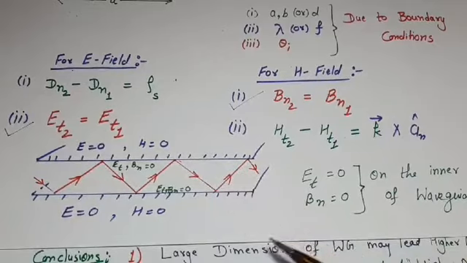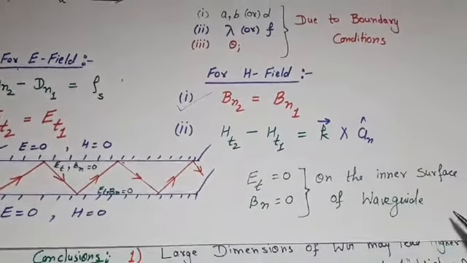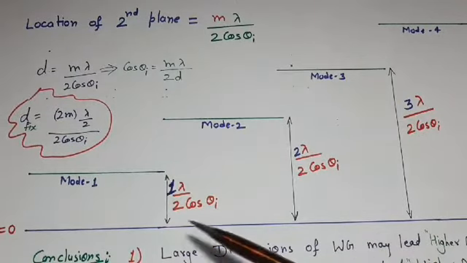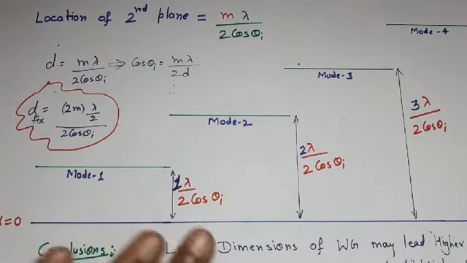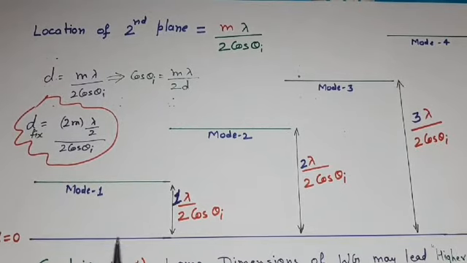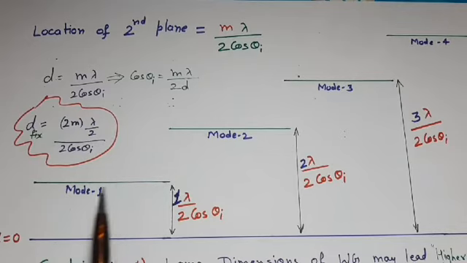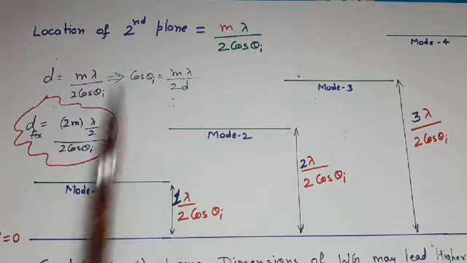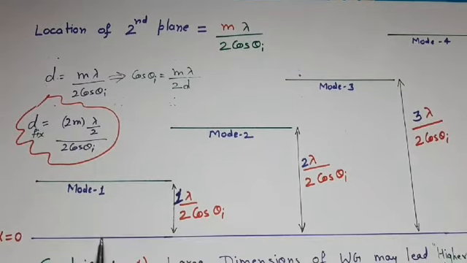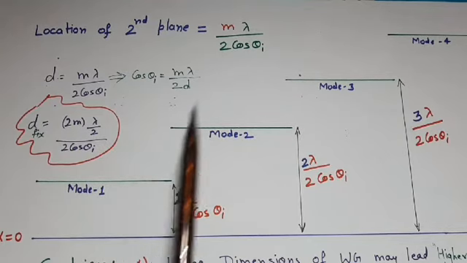Now we start analysis of parallel plane waveguide. Suppose this is the first plane which is fixed at x is equal to 0. The electromagnetic wave is incident on this plane with angle of incidence theta i. The wave will be reflected back with the same angle, and if the second plane is not present, then this wave will propagate in free space. But we want to confine the energy in between two planes. That's why we put one more plane parallel to this fixed plane. Here we should note that if we want to satisfy the boundary condition for the tangential component of electric field and the normal component of magnetic field, then we have to put this second plane only at some specific locations.